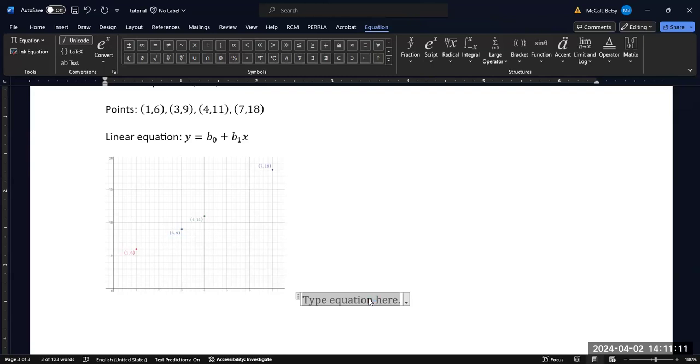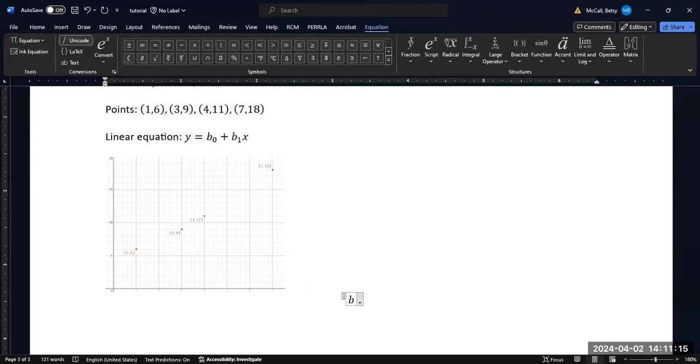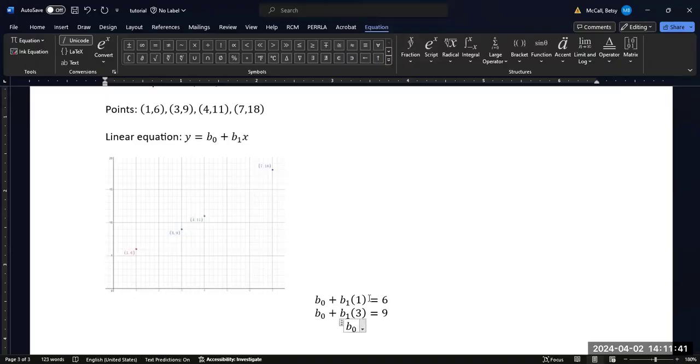So this will become b sub 0, which we don't know, plus b1 times 1 for x is equal to 6. And then b sub 0 plus b1 times 3 is equal to 9. Now we could get an exact solution if we could stop here, but instead we are